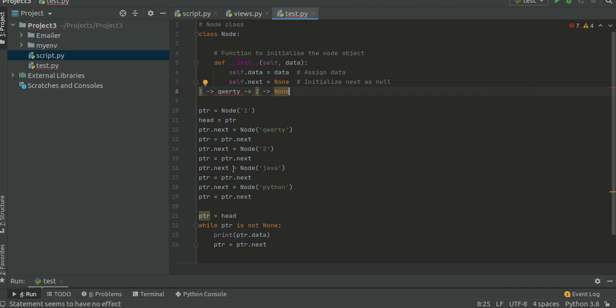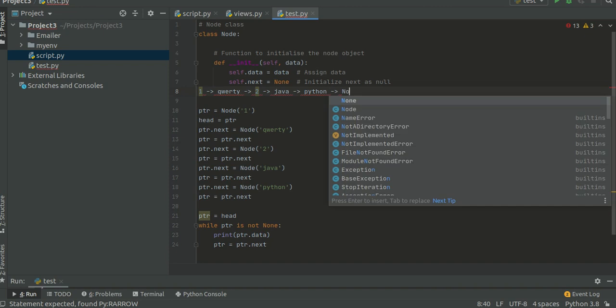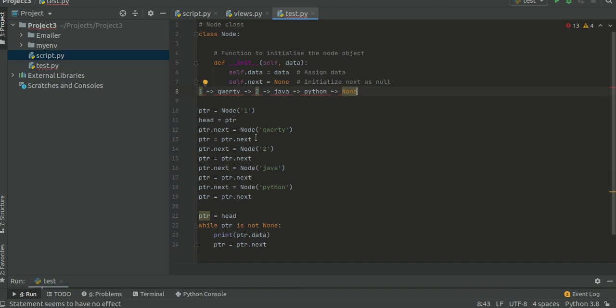Then again Java, then again Python similarly, and in the last we do nothing, so it will store Java and then Python, then None. This is the linked list which we have created.